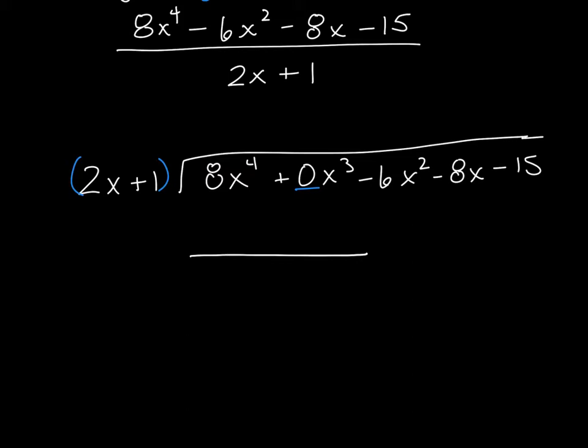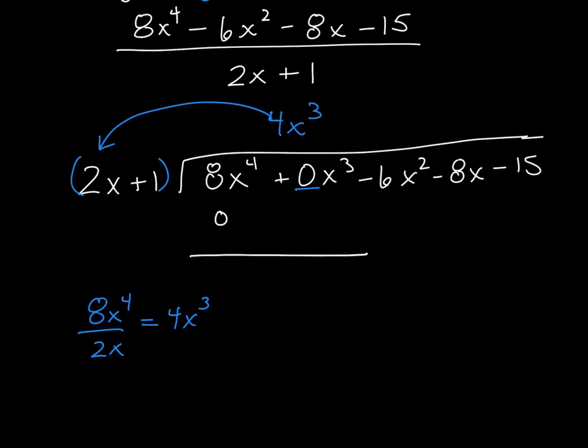Mathematically, what we're saying is I take my 8x to the fourth, I divide it by 2x. I know that is equal to 4x to the third, or you might have been able to answer that question automatically and say, okay, I know that if I take 4x to the third and multiply it times my divisor, I will get 8x to the fourth